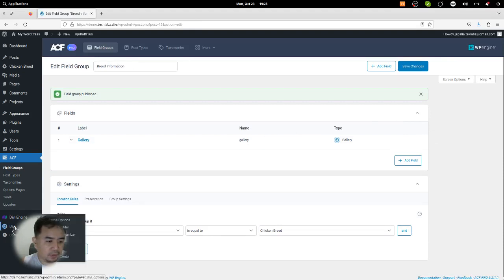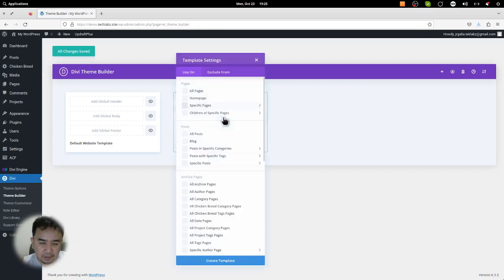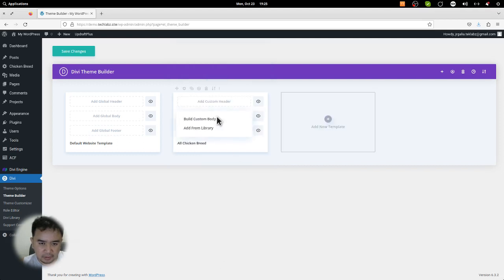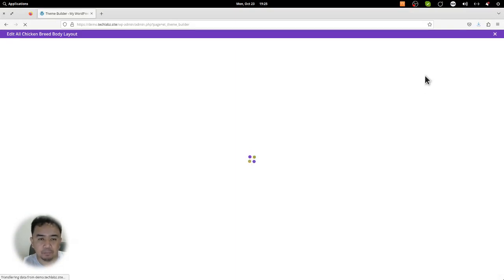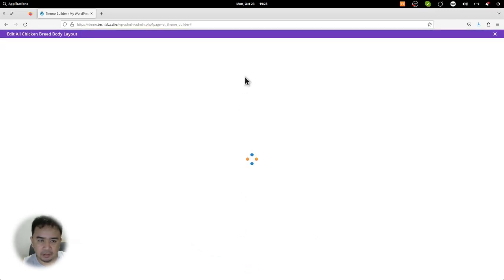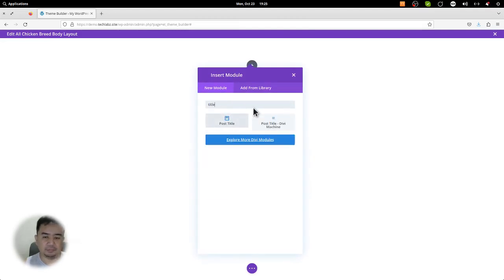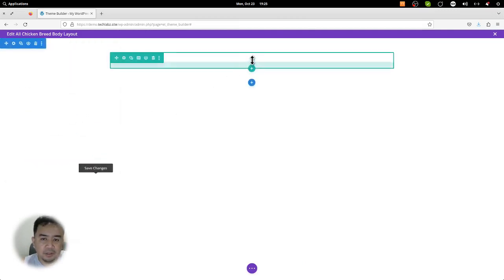And then let's create the layout for the chicken breed. So let's check this one, and then let's edit the custom body. Let's add the title using this module from Divi Machine,